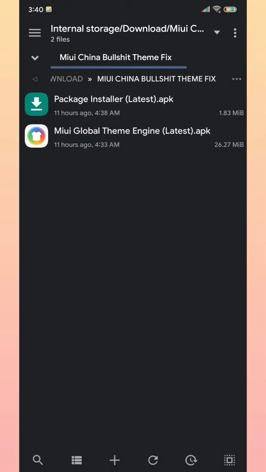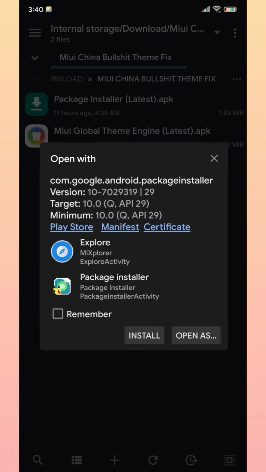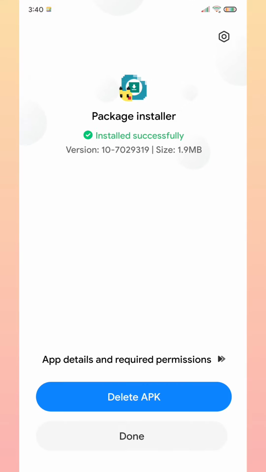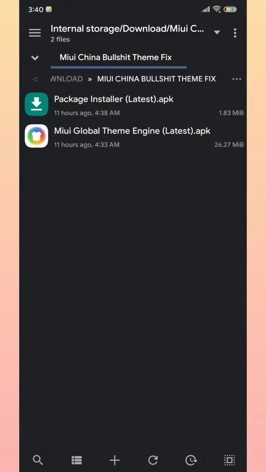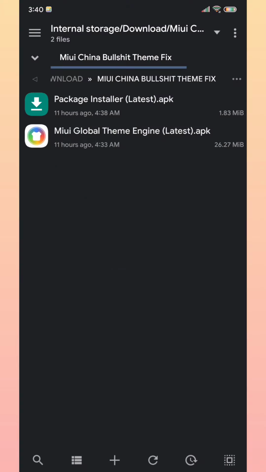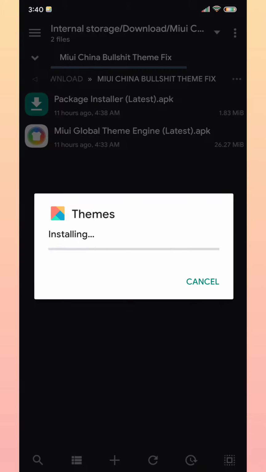So what you can do is install the native Google package installer, and after that you try to install the global theme engine via the Google package installer. And see here, you can overwrite the Chinese theme engine with the global theme engine very easily.